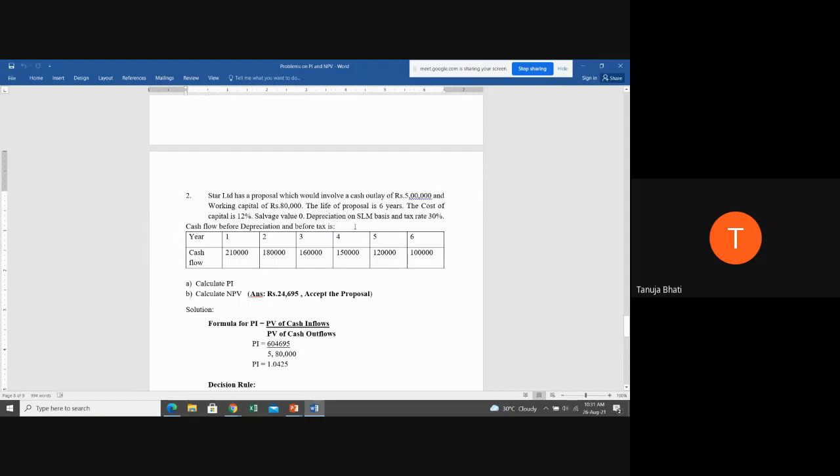But later again, we have to add back depreciation because we want PV of cash inflow, and depreciation is a non-cash item. Therefore, we have to add it back again. Is this what I have explained? Is it clear? For tax purpose, depreciation has to be minused, but for PV of cash inflows, depreciation has to be added back because depreciation is a non-cash item. So is this clear to everyone?